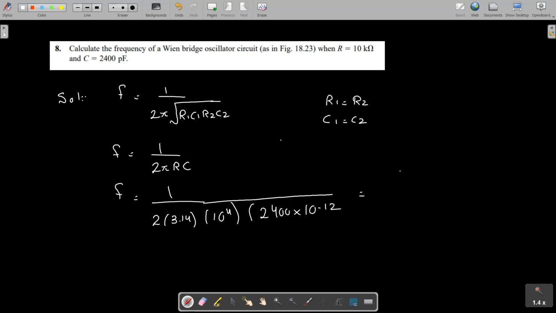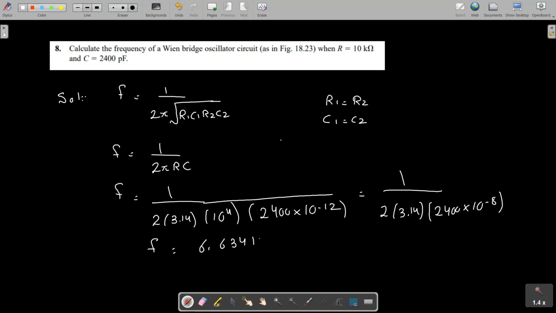So we are going to have 1 divided by 2 into 3.14, and this 10 raised to power minus 12 will be multiplied by 10 raised to power 4. So we are going to have, also we have 2400. So this will be 2400 multiplied by 10 raised to power minus 8. This term can be also written as 2.4 multiplied by 10 raised to power minus 5, one and the same thing. And so when we solve this, we are going to get F is equal to